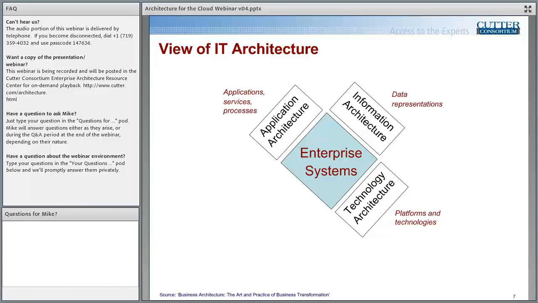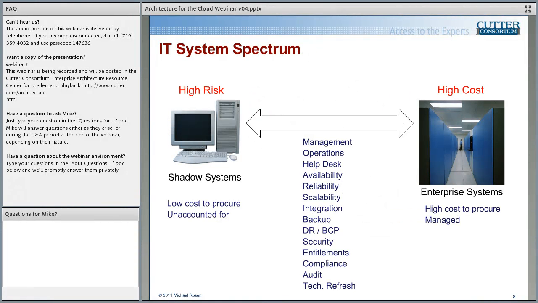It's the systems, the IT systems that are not covered by the architecture, that are not part of IT, typically what we call shadow systems. These are desktop systems, custom-built things that a little group did that never involved IT. And maybe you don't care about that. I would say that those shadow systems actually provide a huge amount of risk to the enterprise.